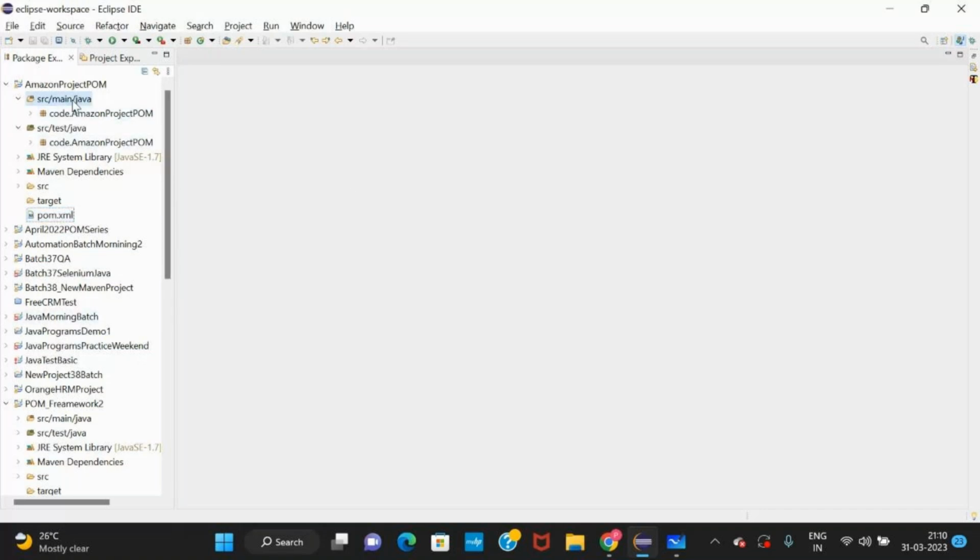We have this main. SRC main means it's a main component, a reusable component. So our test base will be in the main Java.